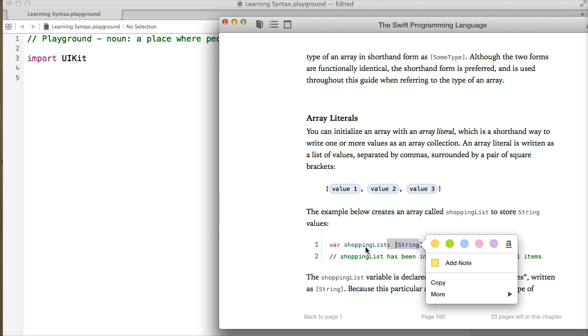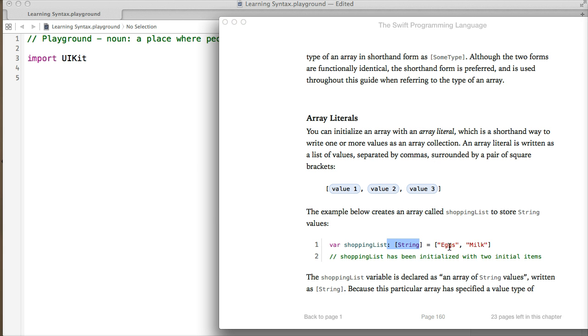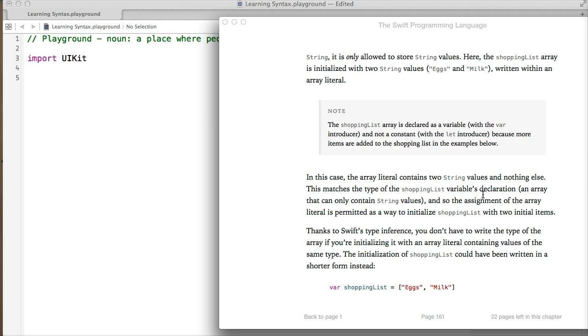The array name is shopping list. Each of the elements in the list is called shopping list indexed starting at 0. So shopping list 0, shopping list 1, shopping list 2, and so forth. So this is shopping list 0, this is shopping list 1, this is 2. This is 0, this is 1. And in a second, you'll see how to pull those out. The string here is optional. Because these are strings and we're initializing it at the same time we declare it, it's obvious this is an array of strings, so you could just say, and I think it says this on the next page,